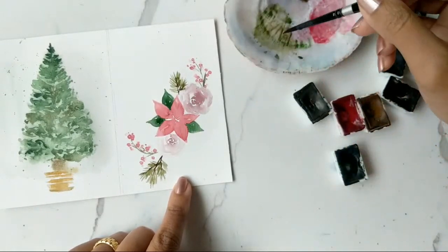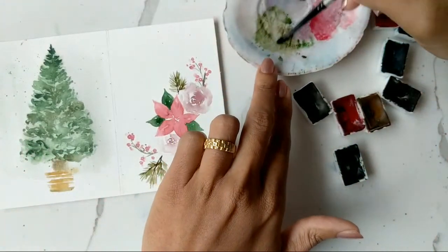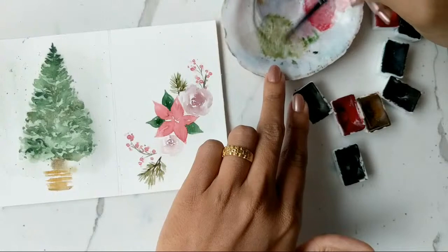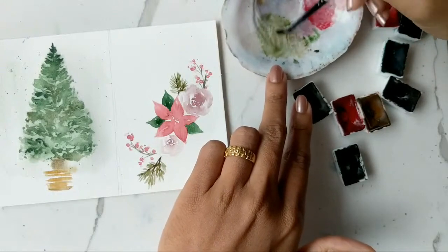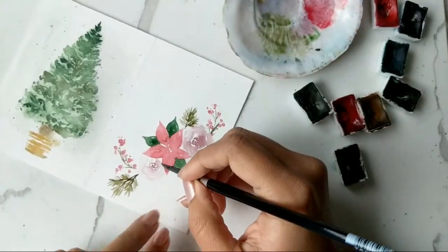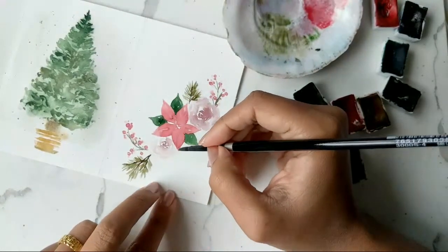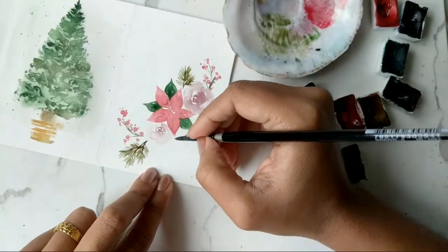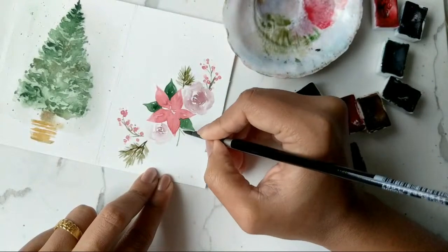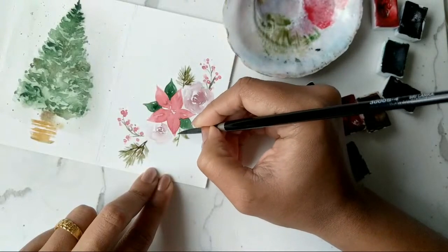All right, so we have that, and now we can do some of the leaves that are a little more generic in nature and not quite Christmassy or holiday-like. So I'm just using some of the muted color green that we mixed, and the consistency is a tad bit more water than the color, and we're going to create a couple of leaves that will look along the lines of something like this. So we're just getting a stem out there, and we're just adding one leaf here, another leaf here,